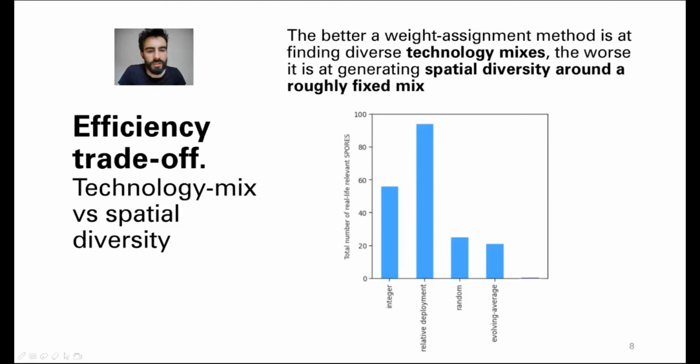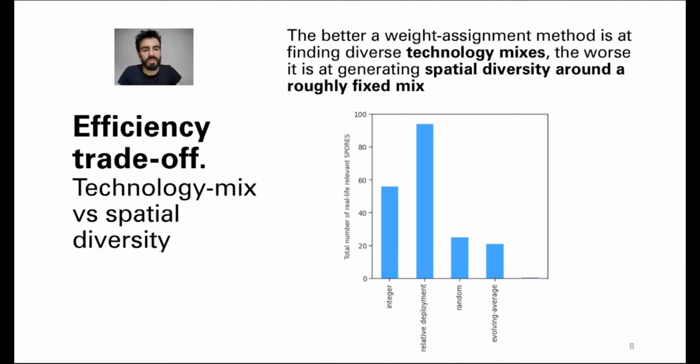The results highlight a clear trade-off in the computational efficiency of different weight assignment methods. The better a method is at finding technologically diverse solutions, such as the evolving average one, the worse it is at generating spatial diversity around the roughly fixed technology mix. And in fact, if we count, as we do in this bar chart here, how many spores for each method satisfy some of the criteria that we had identified in the Italian study as likely appealing to different real-life stakeholder